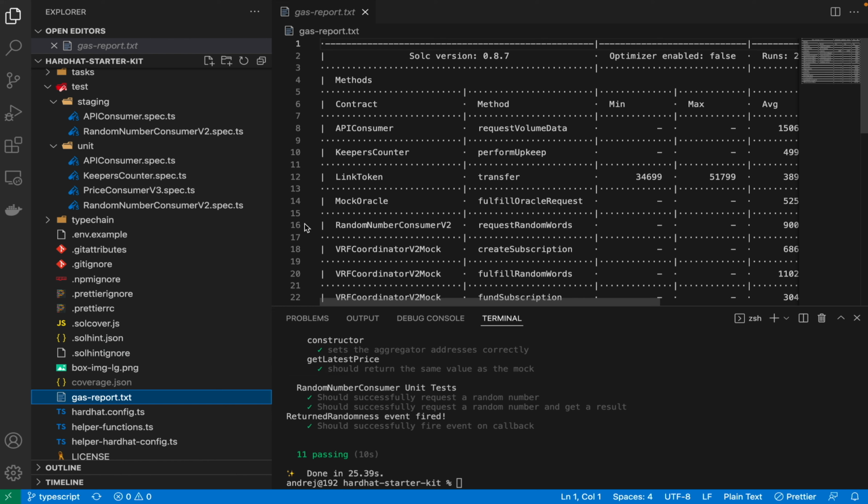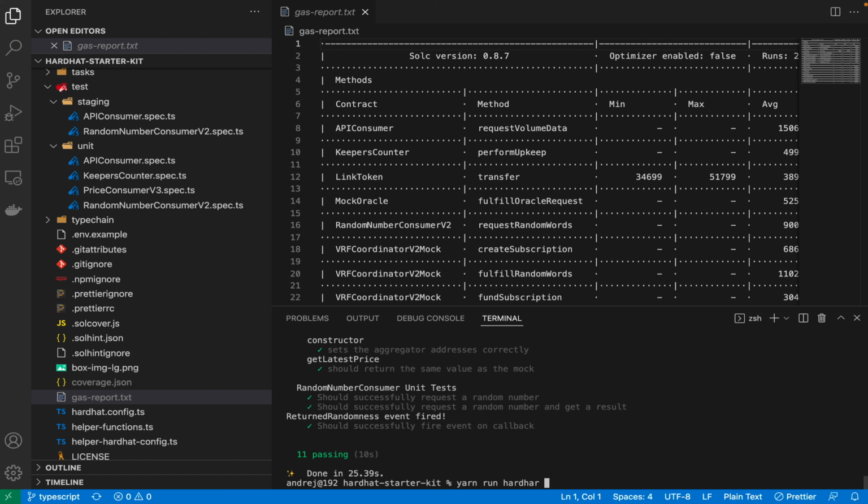Okay, so did you ever spend weeks building a smart contract only to encounter the max code size exceeded error during the deployment process? This means that you hit the smart contract code size limit and that you'll need to reduce the size of the contract before deploying, or split it into several smaller contracts and libraries. To avoid massive refactoring at the end of the development process, a simple command to display the size of each smart contract in the project has been added, so you can be aware of this limitation way earlier and act accordingly. So to view contract size, just run yarn run